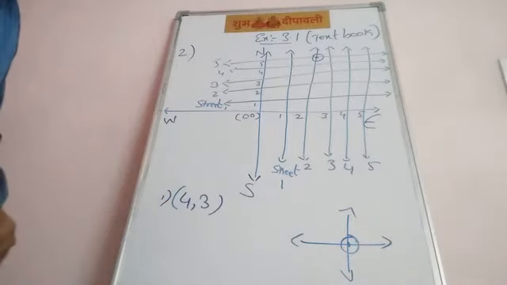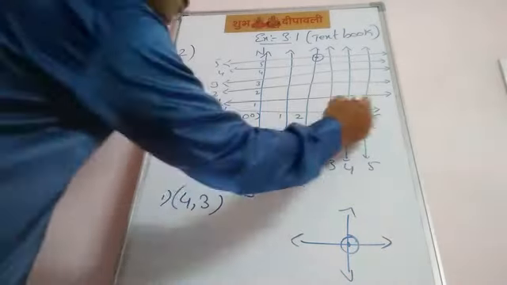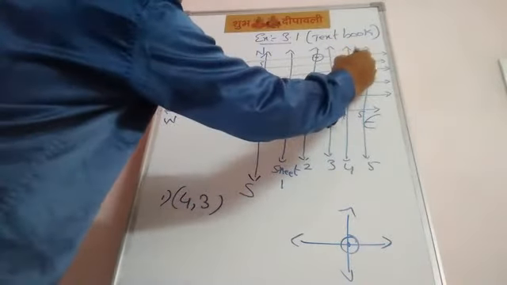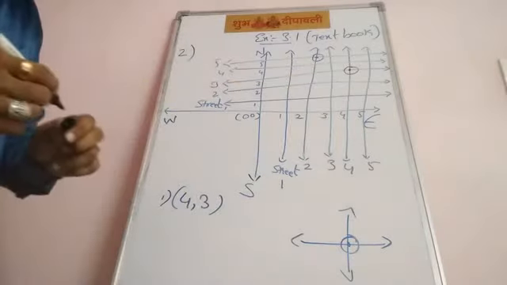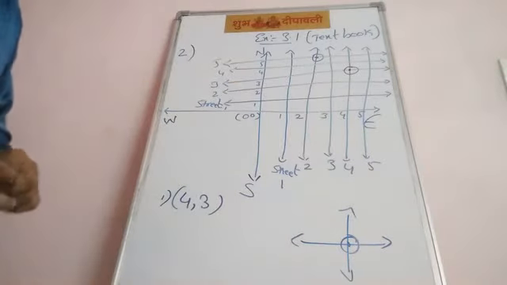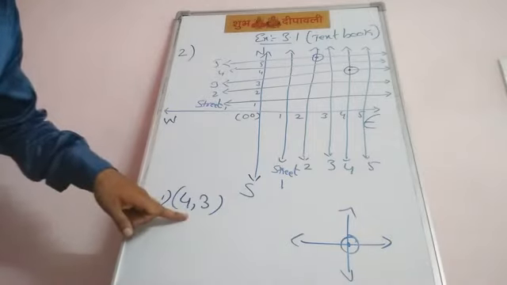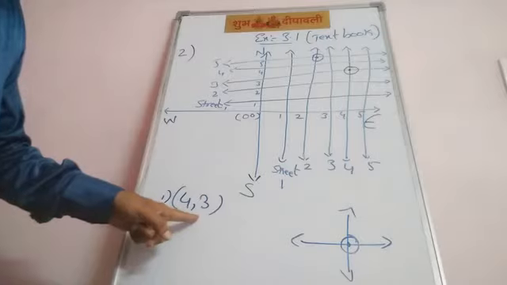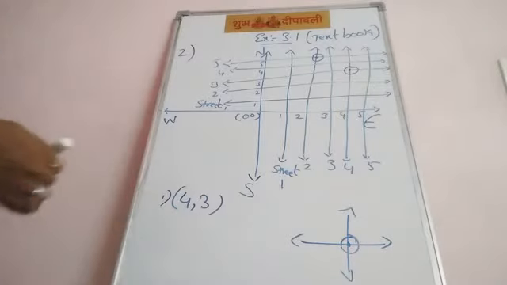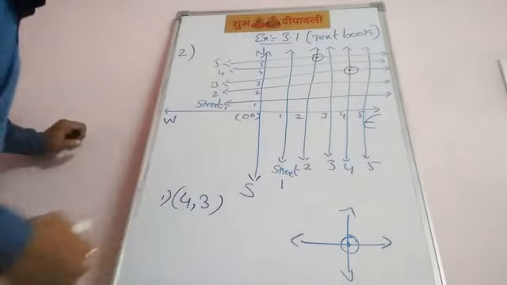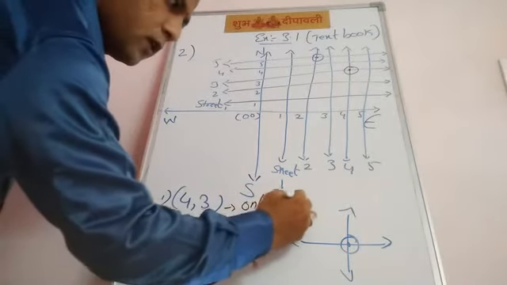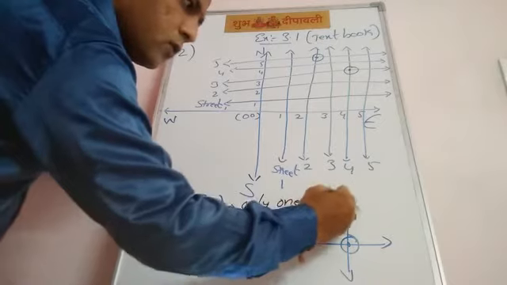Okay. Here what they are asking, students, at this point 4, 3, how many cross streets can we see? This is 4 and this is 3. So at this point, how many cross streets are there? Initially in this video it has been explained to you that every point in a plane is represented by only 2 numbers. So these 2 numbers are used to represent only one location. So at point 4, 3, how many cross streets do we have? Only one